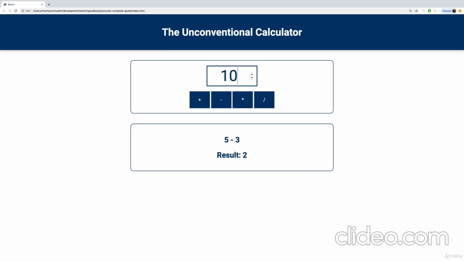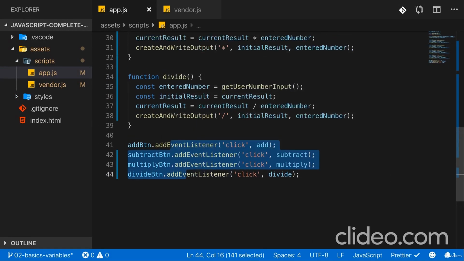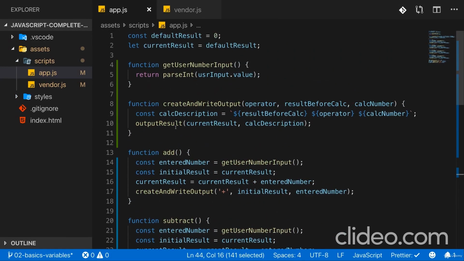So now let's add 10 and star. So we had 2, so now it should be 2 times 10, and that's the case. And finally divide by 4 maybe, and we get 5. So this all works. Now we connected a couple of buttons to our functions, and we also had a first